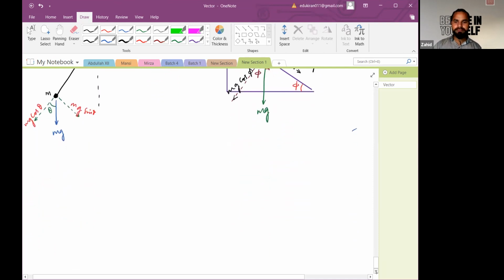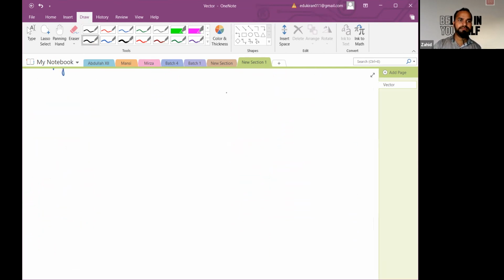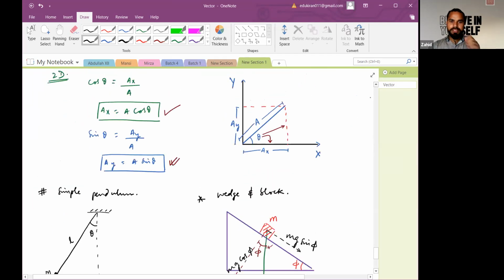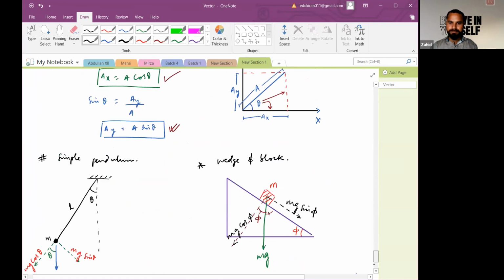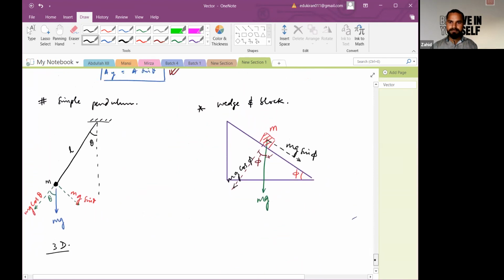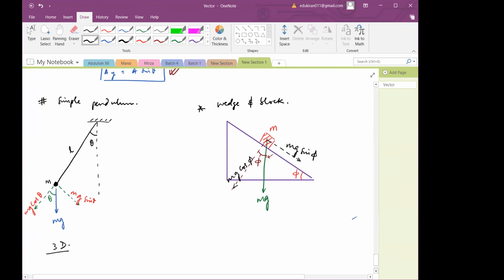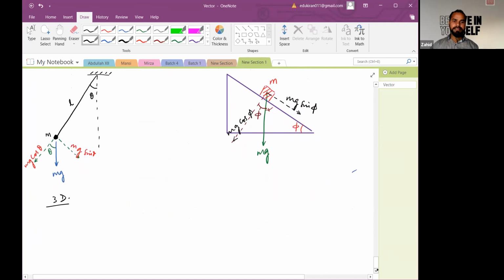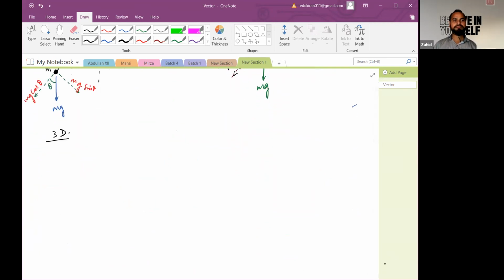Similarly, we may define three-dimensional splitting. Have you all written till this part? Okay. Next is three-dimensional splitting. For this, I'm defining you